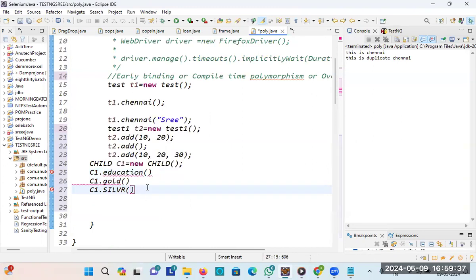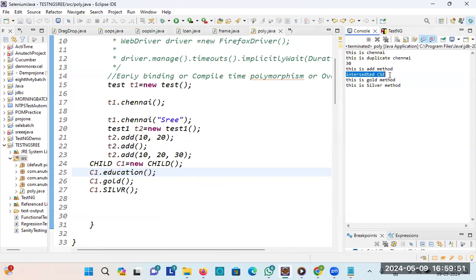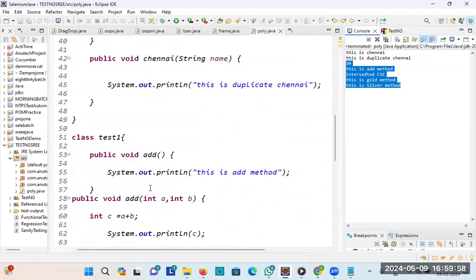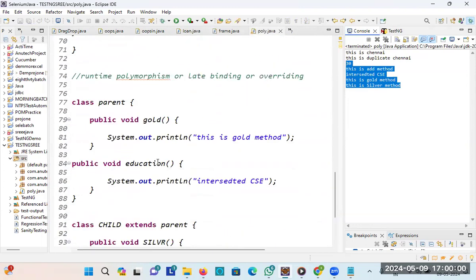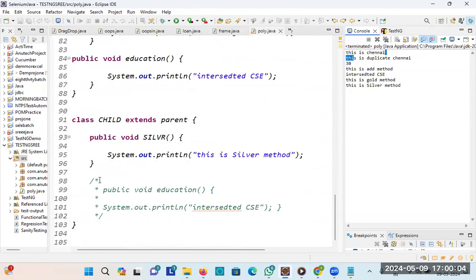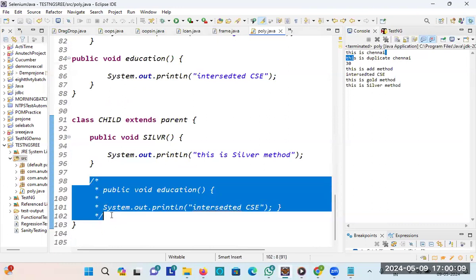So now if I run this, I will execute the methods, right? I will get the output of which all methods are available. See, now if I execute this, interested in CSE, this is gold method, this is silver method, right? But as a child, he doesn't want to go with computer science engineering, but he wants to go with another branch. So in such case, what I will have to do,